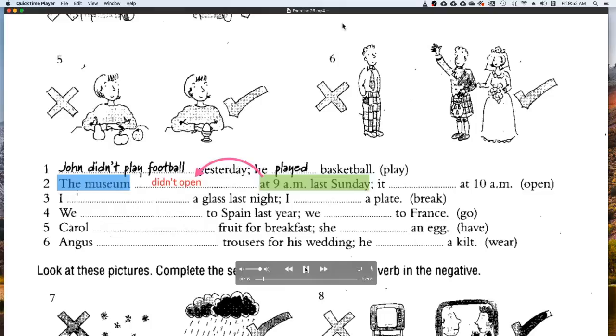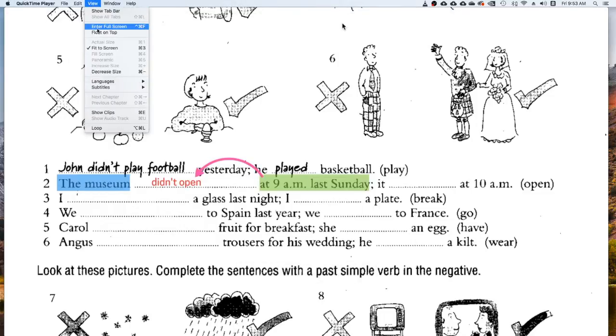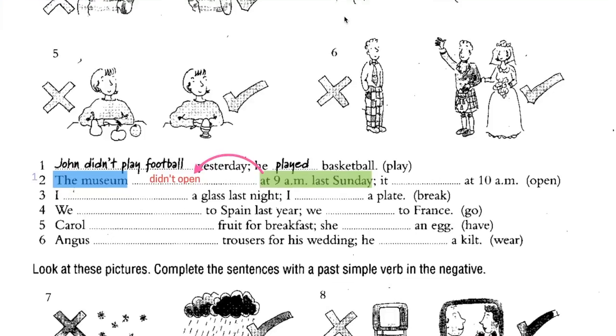The museum didn't open. And with the blue and the red, it's pattern number 1. Very good. And then,